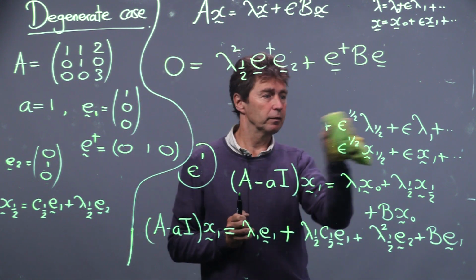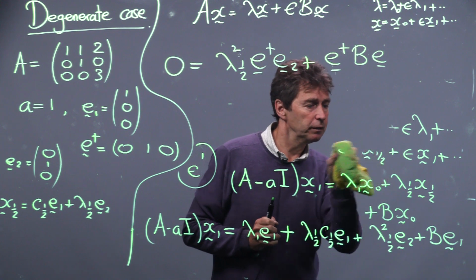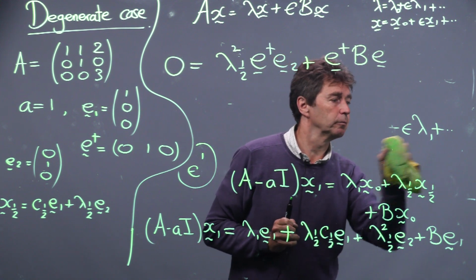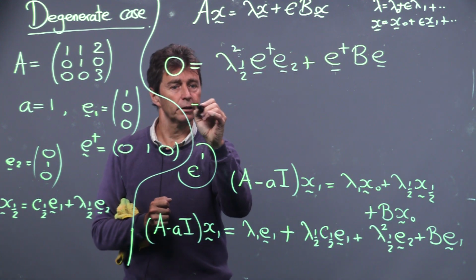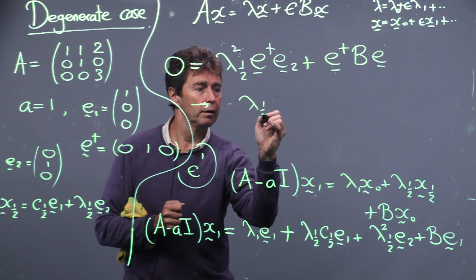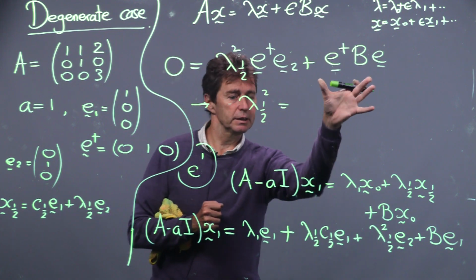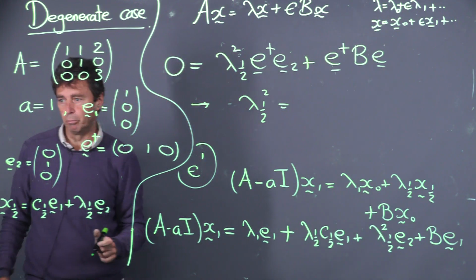And now I'm done. All I'm seeking to achieve is to calculate the eigenvalue correction. I just have to fill in the numbers and I'm done. So this tells us actually that lambda 1/2 squared is minus this thing. So for B,